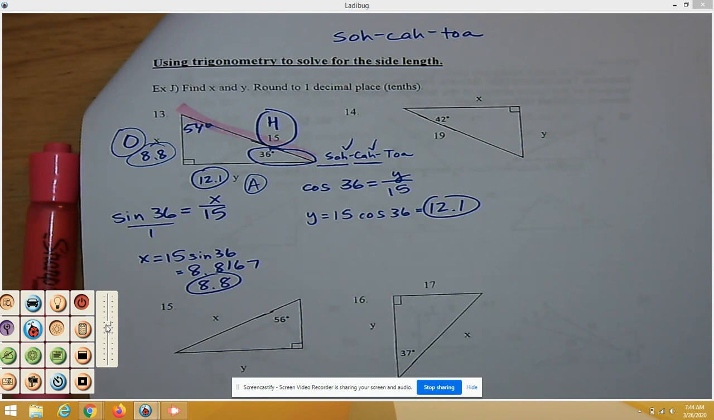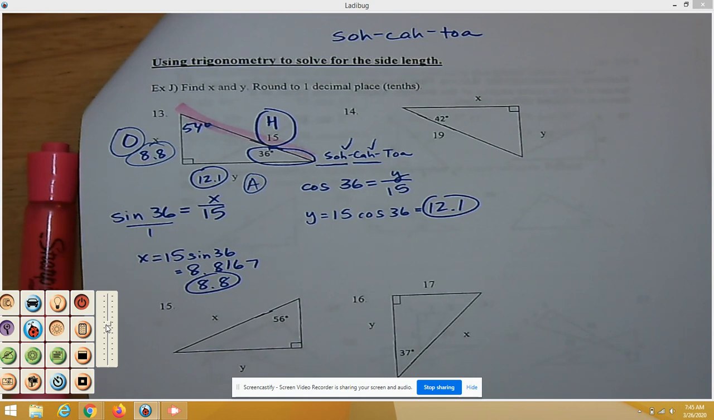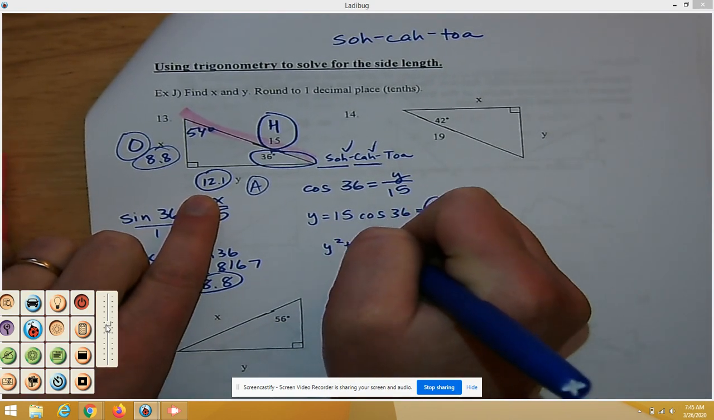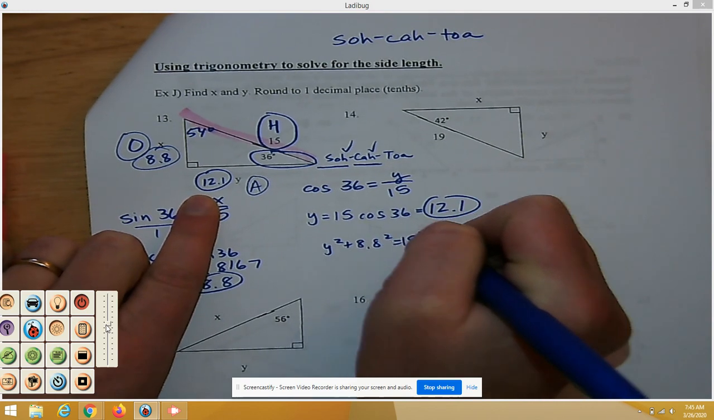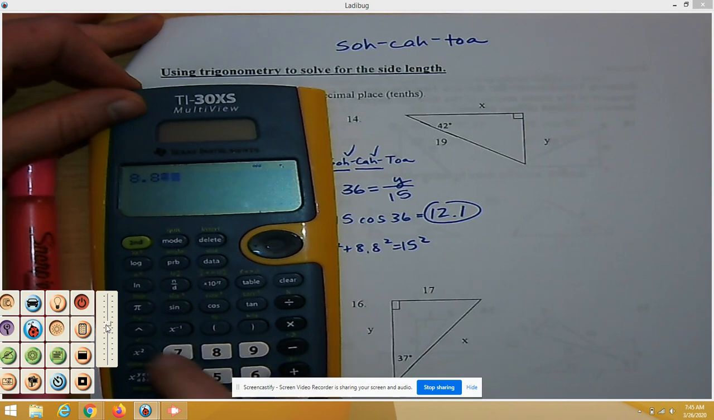Okay, but wait a minute. Mrs. Levine, we found that this was 8.8 over here. Couldn't I have done Pythagorean theorem to find the third side? And guess what? You could have. You don't need to do any of this, just watch. You would have had y squared plus 8.8 squared equals 15 squared, and I'm going to do this out super fast. So 8.8 squared is the